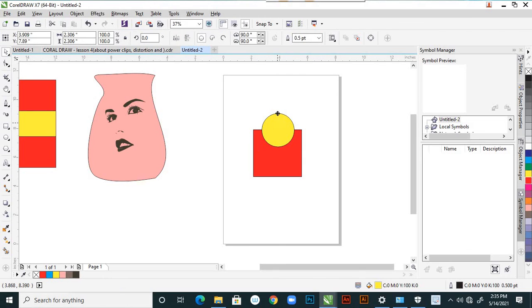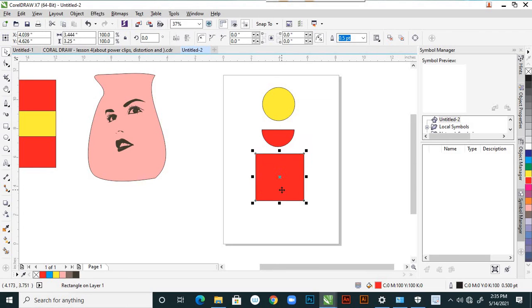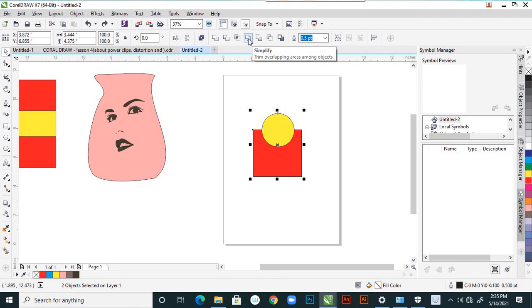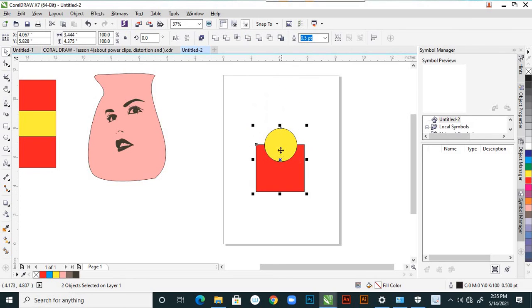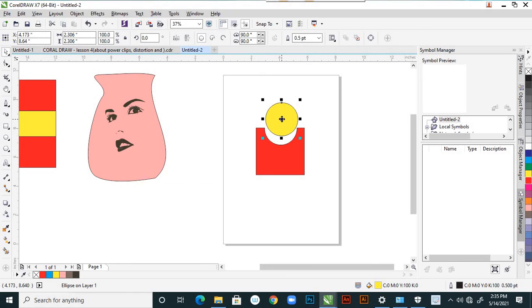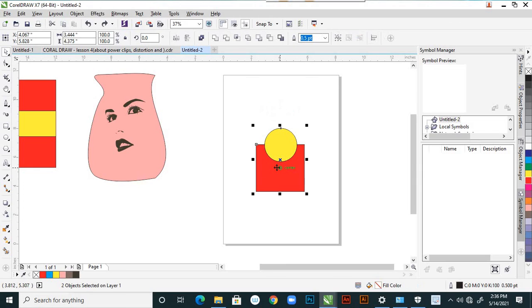See this portion, it is intersected. So very nice effects we get. And here you see this simplify: trim overlapping areas among objects. Yes, it is trimmed. See, this is nice, right? Very interesting shapes.